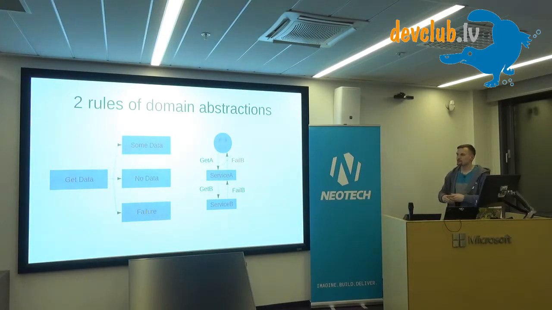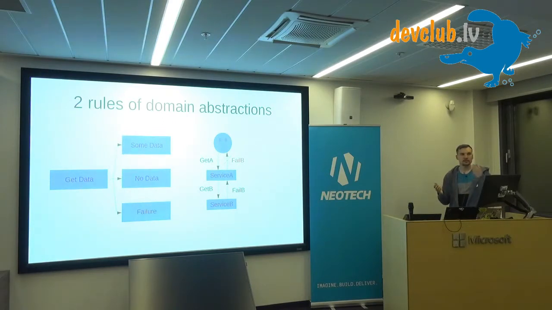And another rule is that there's a structure where you first call service A. Service A, to fulfill its request, has to call service B. Then service B has some failure. It throws back a FailB exception. And service A should never expose the FailB exception to the caller of it,